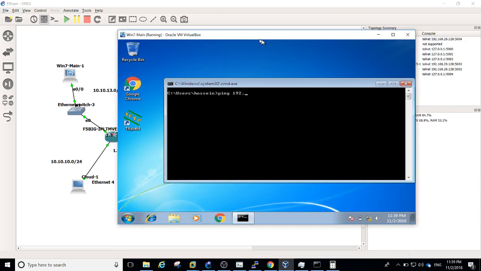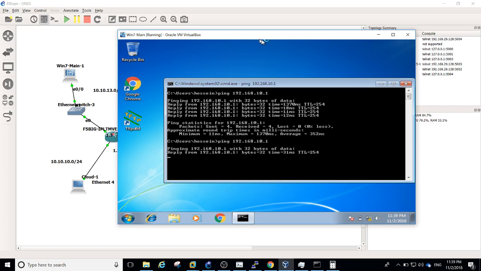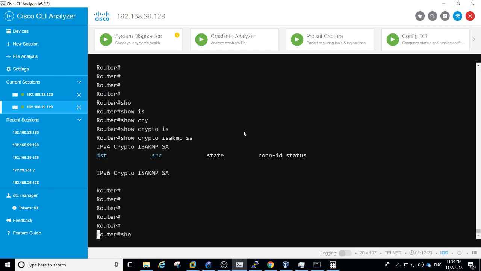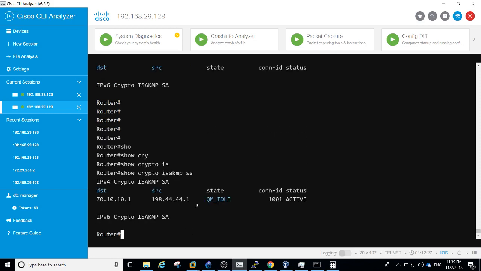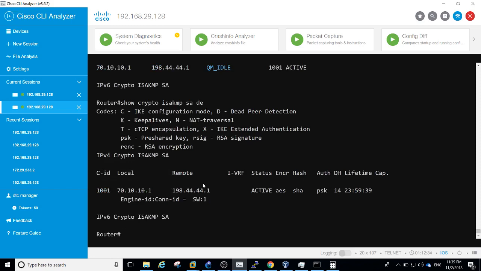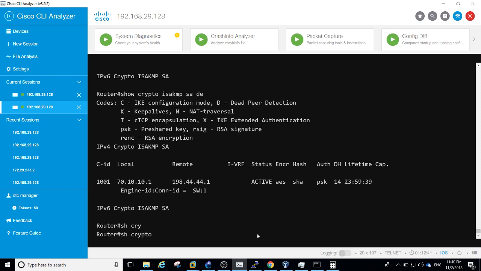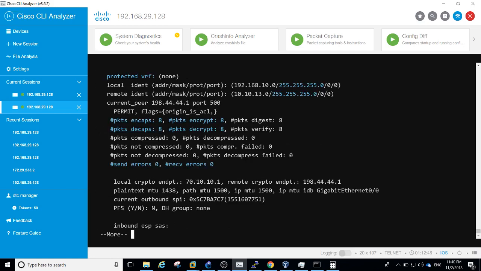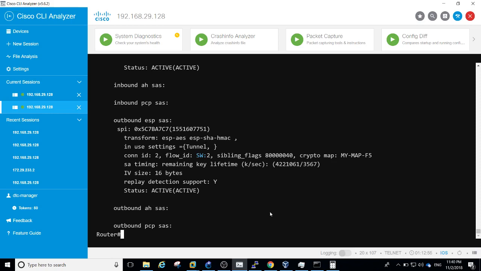the loopback IP address on the remote peer on the Cisco iOS, and hopefully my tunnel will come up. Let's hope for the best. 192.168.10.1. Okay, and there we go. We have the tunnel up, and it's working. In order to verify that, on the router I have show crypto ISAKMP SA, and as you can see, the SA is established. If I do detail, as you can see, I have my encryption and hash, and if I do show crypto IPsec SA, 8 packets going back and forth, and this is so beautiful that I have my IPsec tunnel between my F5